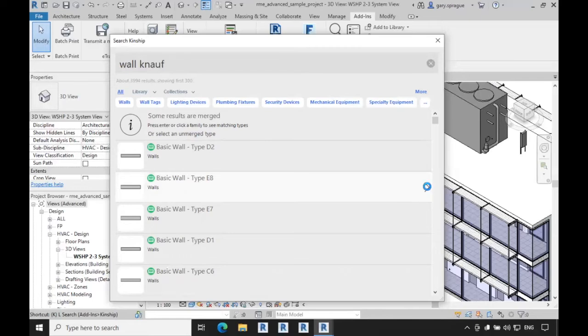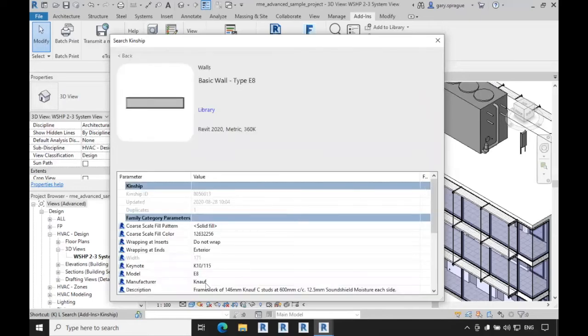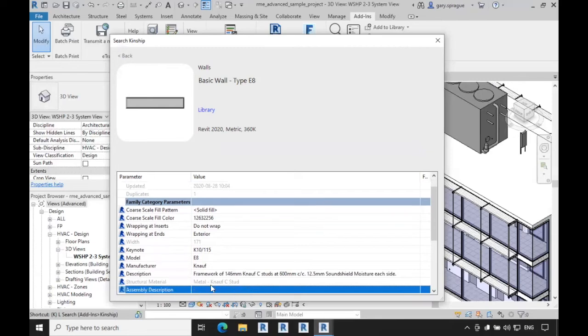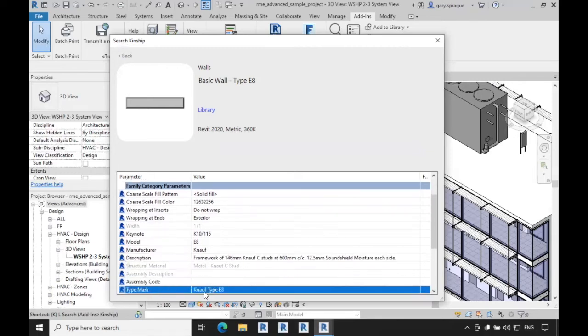But if I go into one of these, then we'll see that Knauf is there in the manufacturer parameter, description parameter, structural material, and the type mark. So with Kinship, we index all of the family data for search. So not just the family name, but also the category name, the type names, the parameter values, and all of